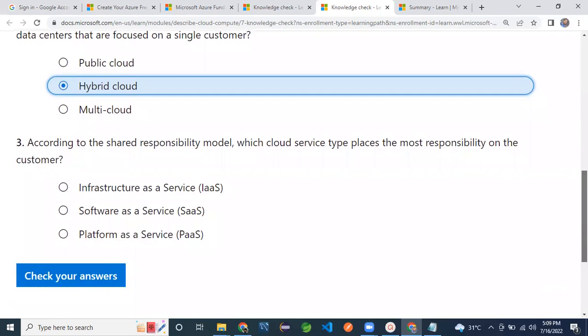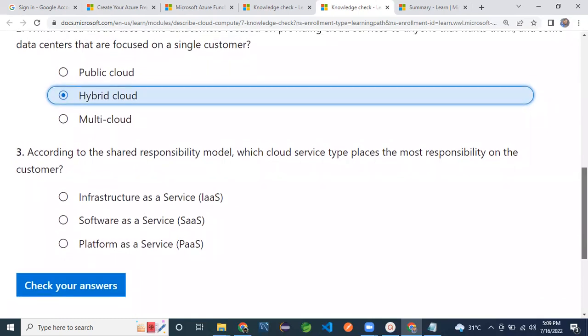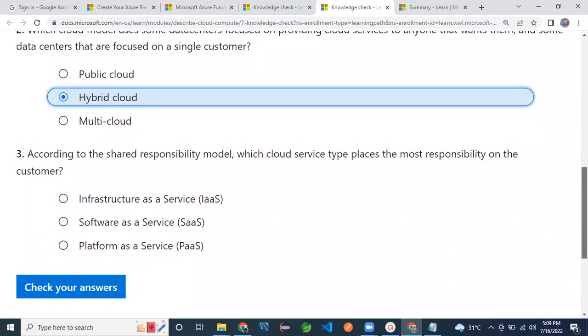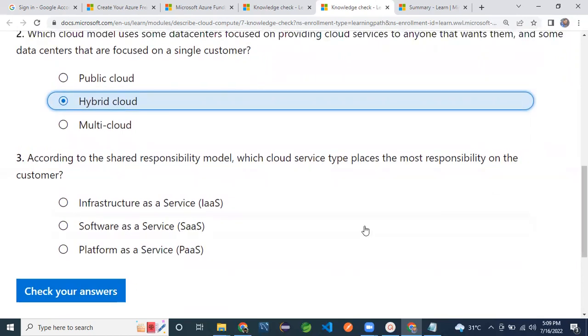According to the shared responsibility model, which cloud service type places the most responsibilities on the customer? Infrastructure as a service.